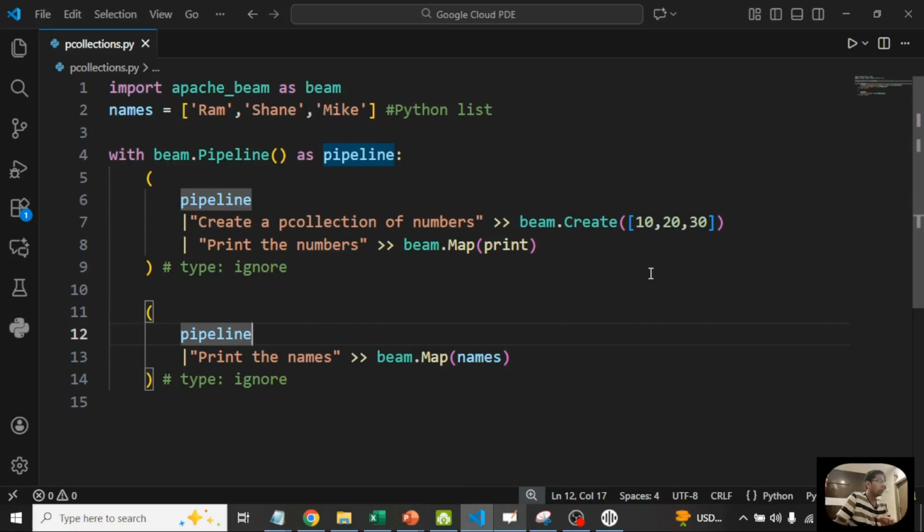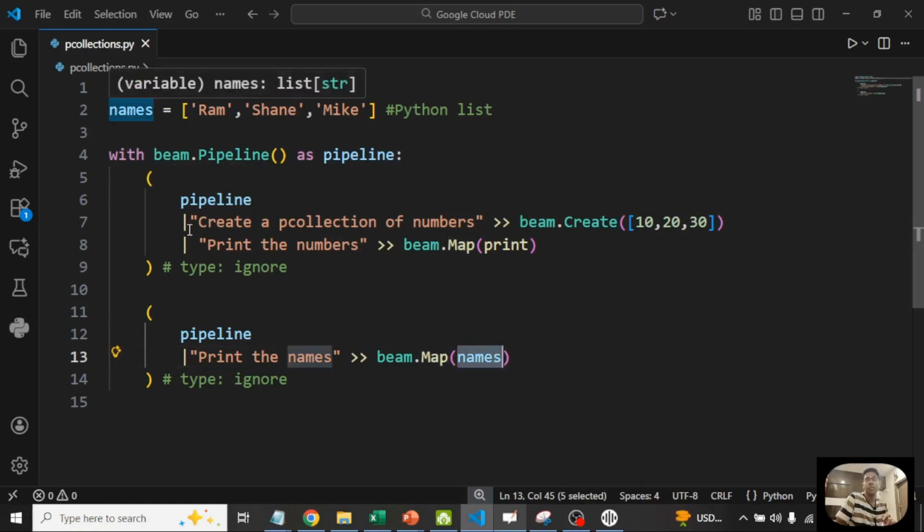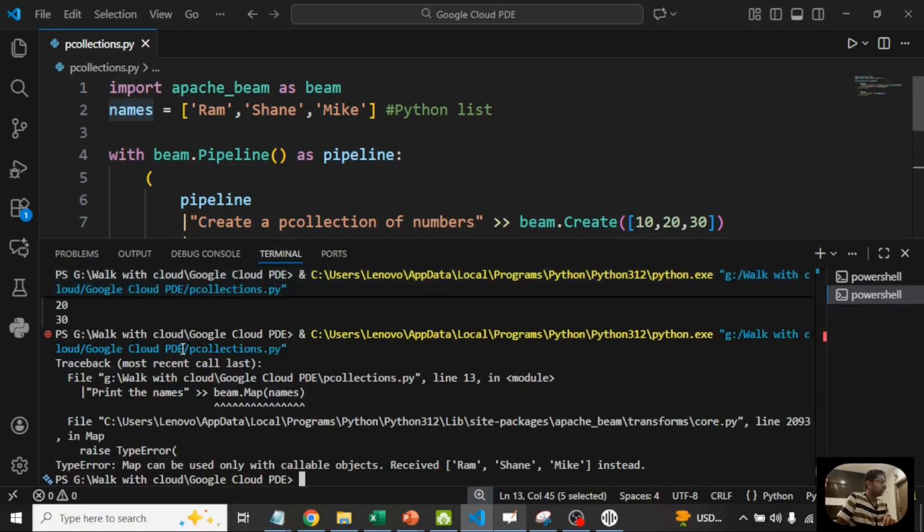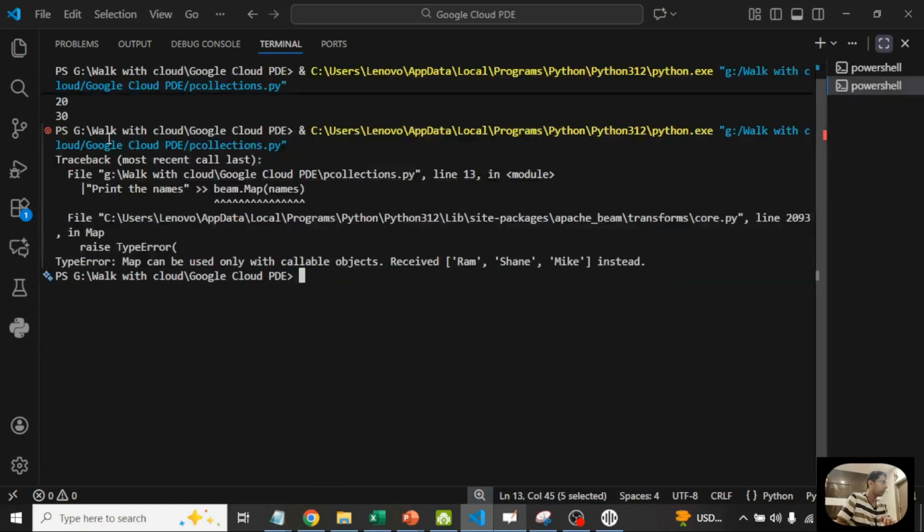Why? Because map thinks that this names is a PCollection, but this names is a simple list, which is not allowed in Apache Beam. See, they are saying that map can, let me maximize this. Okay, map can be used only with callable objects. Callable objects means PCollection in this case. So that's the reason, it is saying we have received a list instead. This is not acceptable in Apache Beam. So in order to fix this,